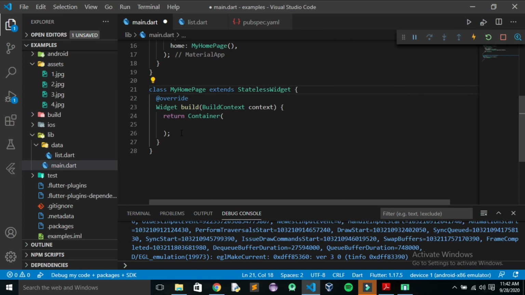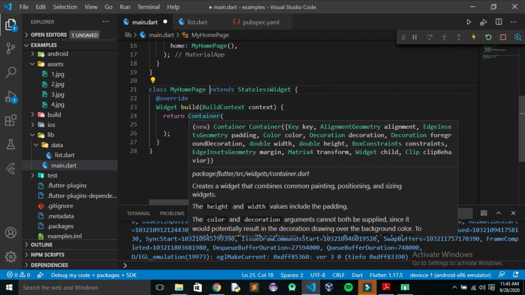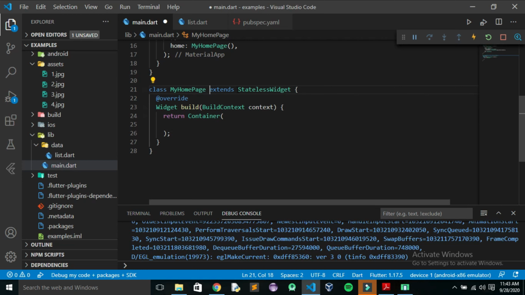In order to use listview.builder to work with lists that contain a large number of items, it's best to use the listview.builder constructor. I have told this earlier. In order to use it, we need the data source. In my previous video, I had shown how we can display images when we had those images in our assets. I will provide the link in the description. But here we are not going to use any of these images, and you don't even require this extra folder.